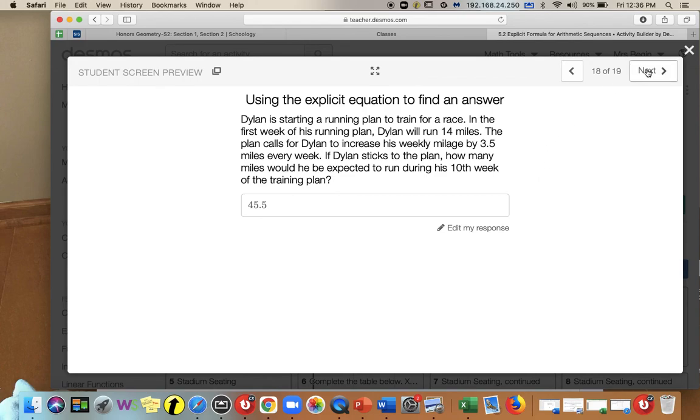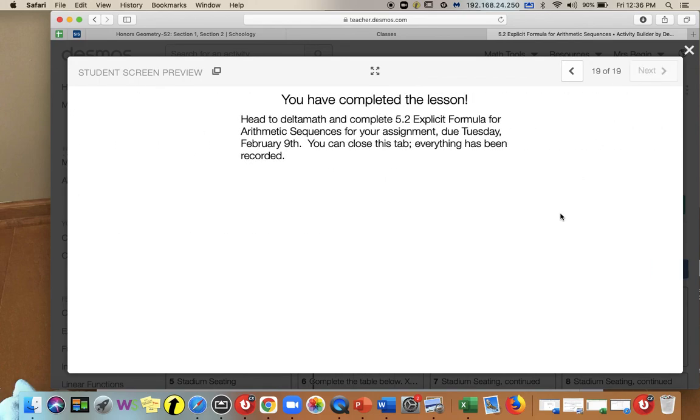miles. Okay, so we've completed the lesson. It's on arithmetic sequences. There's that formula you're going to use to find different terms of a sequence. You have to know about the first term and the common difference, and be able to identify which equation to use. So you can head to Delta Math and complete 5.2 explicit formula for arithmetic sequences for your assignment, and